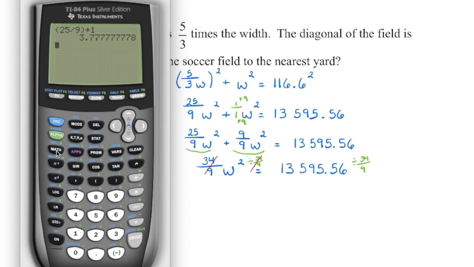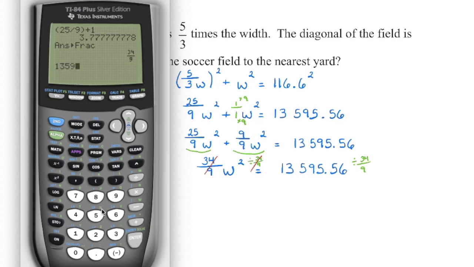If we go back to the math button, number 1 is fraction, so we can go enter and then enter again, and it will convert it into a fraction in lowest terms for us. So by entering that 5/3 plus 1 on those like terms, we can get down to this value here. And so now what we're going to do is take that 13,000,